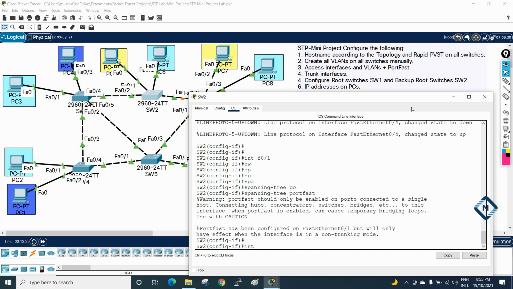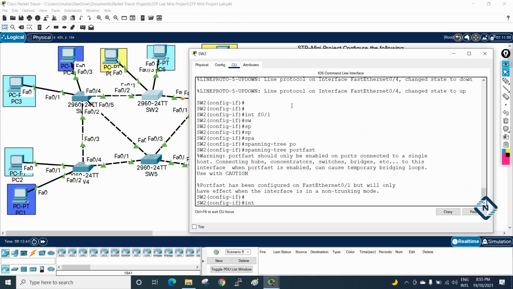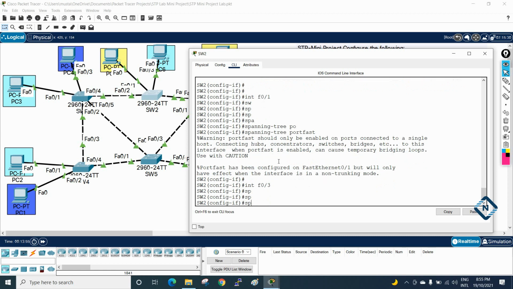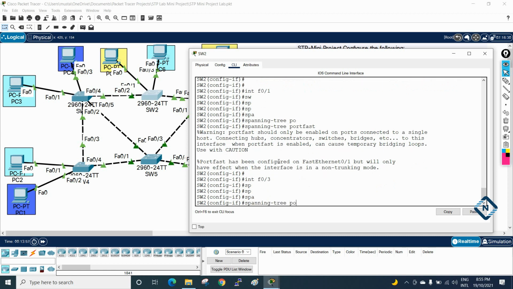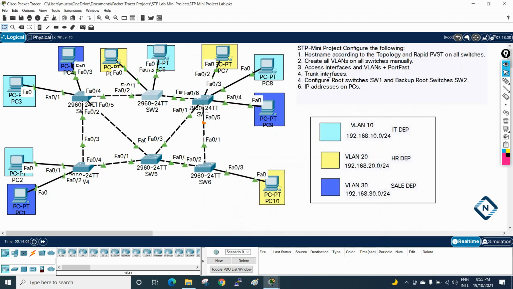Okay, then I will go for the other interface we have, this Fast Ethernet 0/3. So this one we finish. Now Fast Ethernet 0/3, and then we will write here spanning-tree portfast.